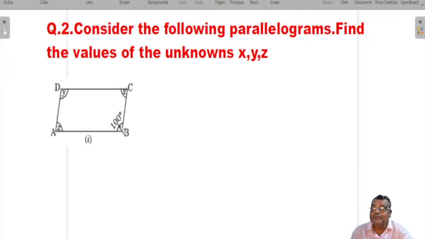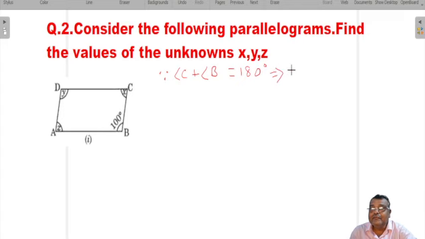Adjacent angles supplementary in the sense the sum of adjacent angles is 180 degrees. Angle C plus angle B equals 180 degrees, and angle B is 100